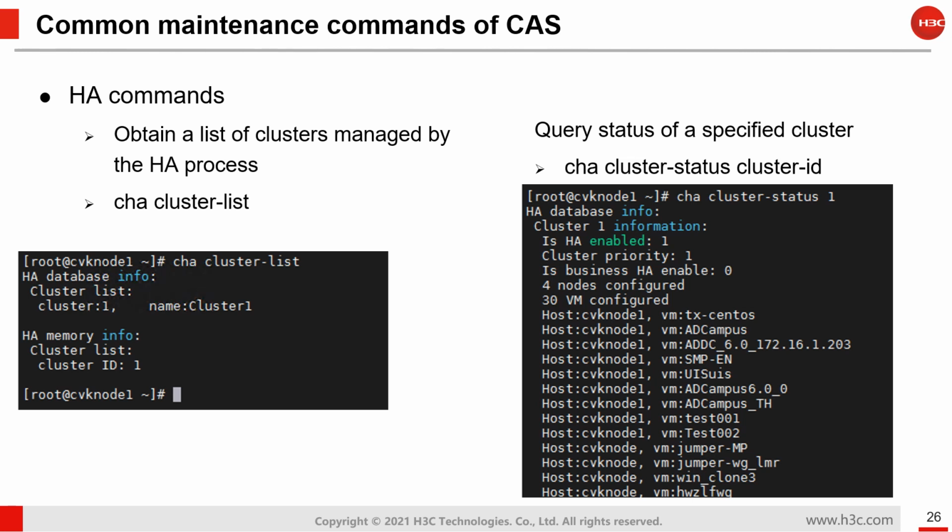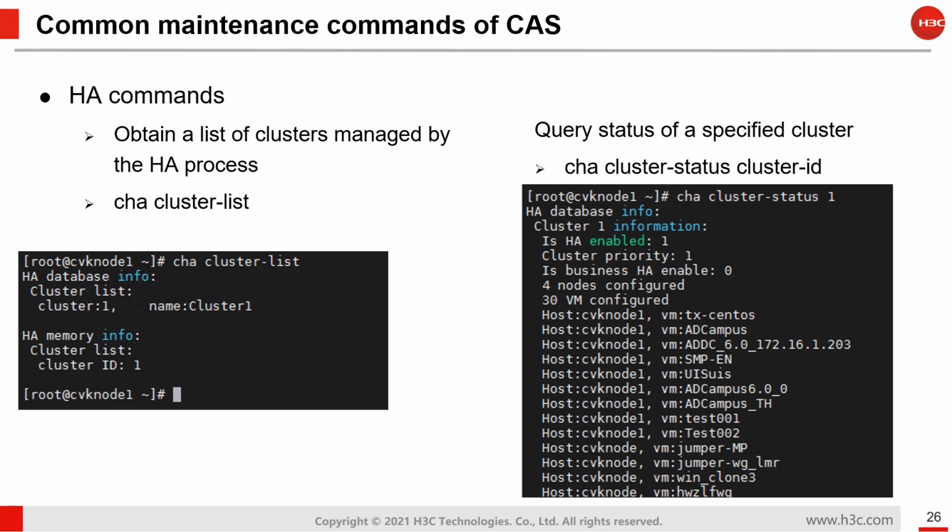Query status of a specified cluster. We can run cha cluster status cluster ID. For example, we can run cha cluster status with cluster ID 1. We can get the HA database info, cluster 1 information, and the CVK host and VM information,